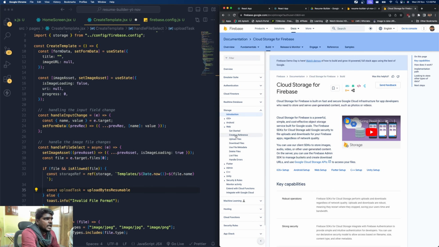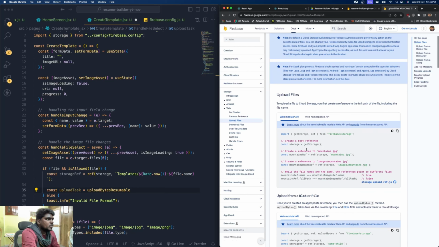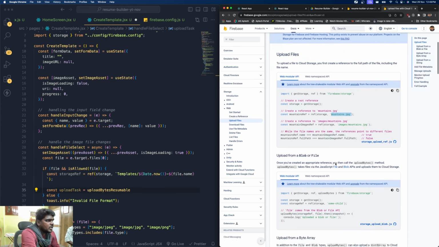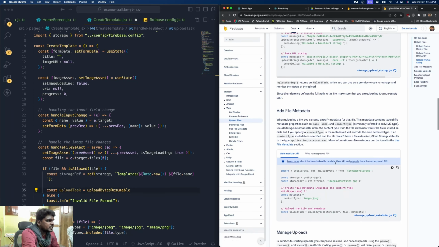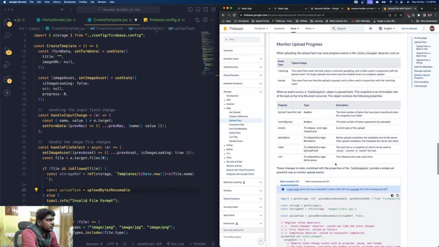Click the web and click upload files, and there you can see what is the storage reference which we created and what is the reference object that we are trying to do, and how they are referring the storage location as well as the name of the file, and how to upload and get the progress details and everything. So there you can find over here what is the